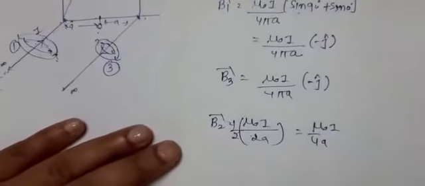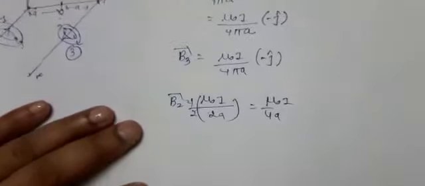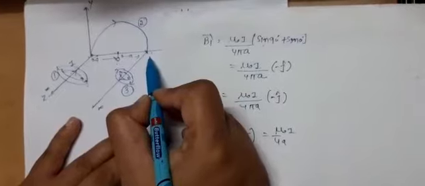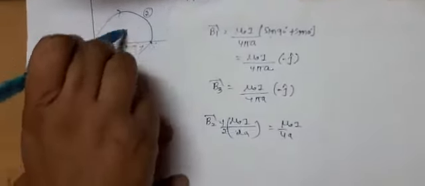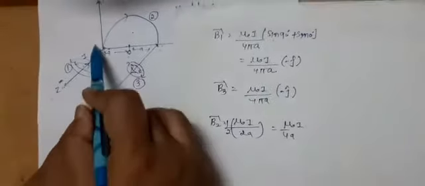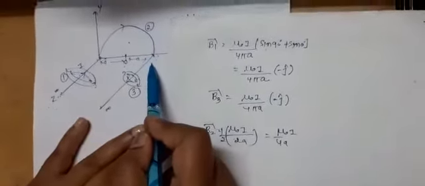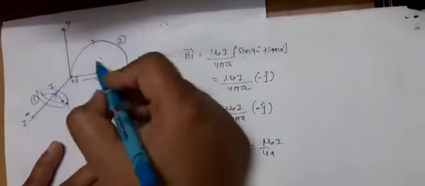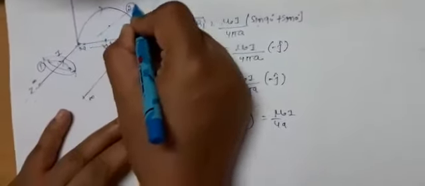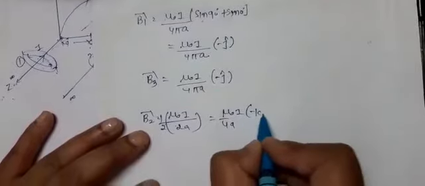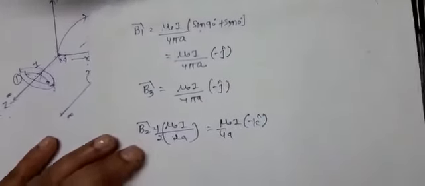What about the direction? This you have to understand very carefully. If this wire is carrying current in the clockwise direction, then the magnetic field will be directed inward. Inward means opposite to this z axis. We always know that when the current is in the clockwise direction, the magnetic field line is directed inward. So it means the magnetic field will be opposite to the positive z axis, so it will be represented by minus k. So this is a basic result.